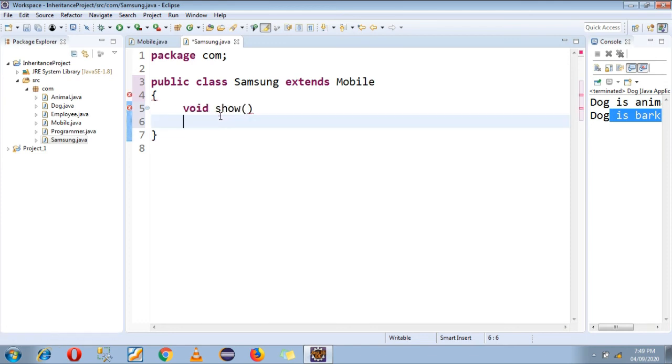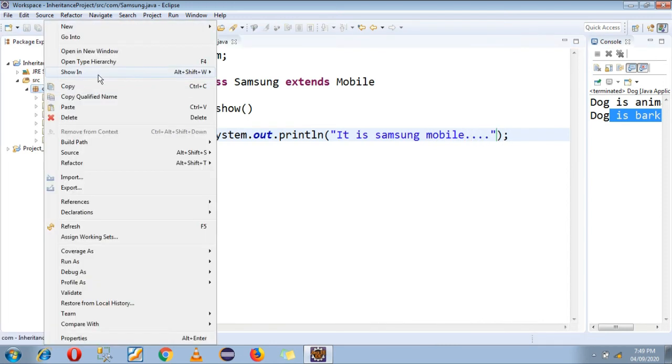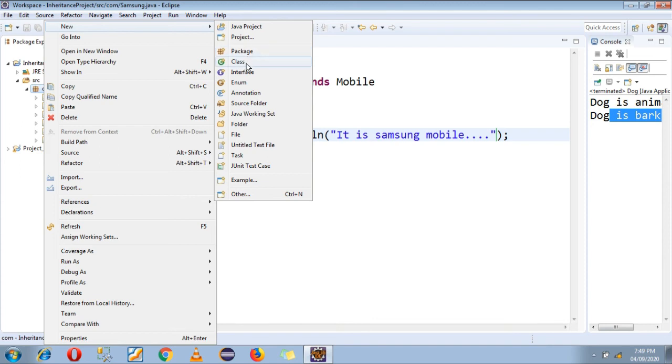In this function I am just printing "it is a Samsung mobile". Now I am creating my third class, suppose Samsung S5.